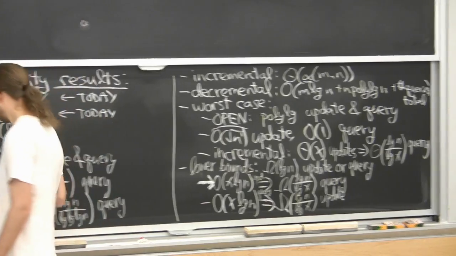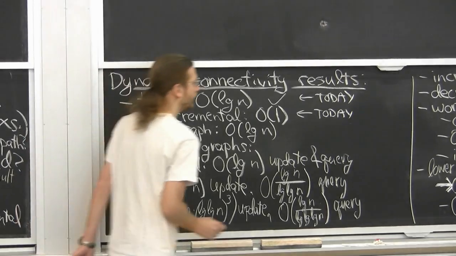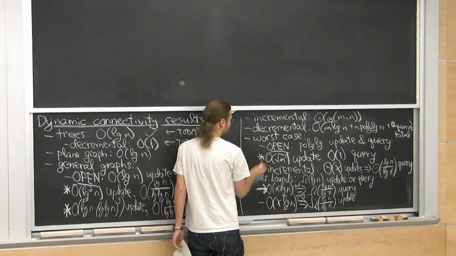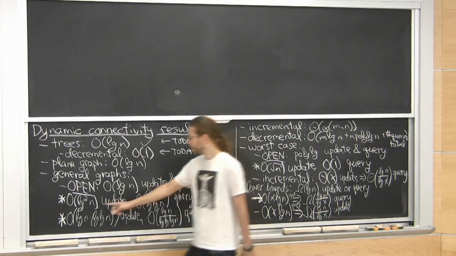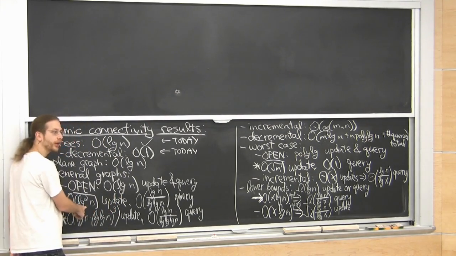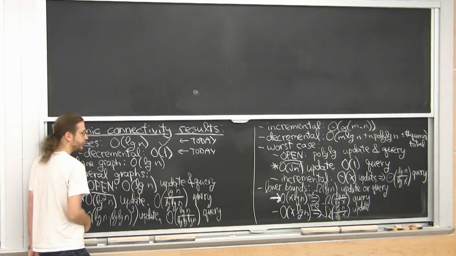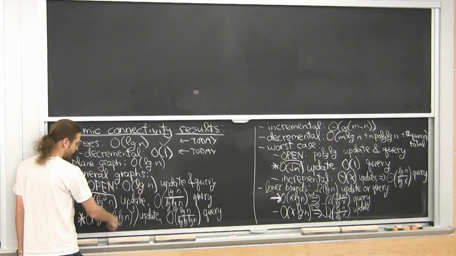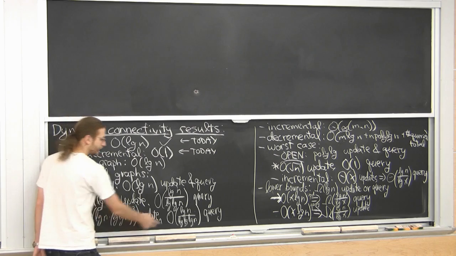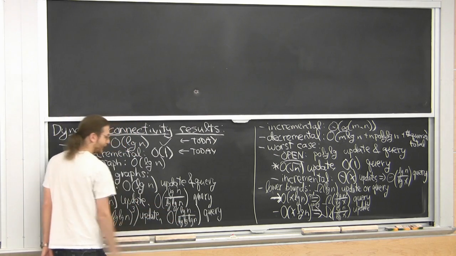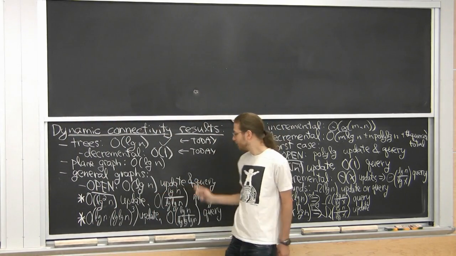Let me show you this result, and this result even are in some sense tight against this update query trade-off. Because if you look at this update, it is log n times log n, so x is log n. And over here we get log n over log n. So that's tight against that. Here also, x is log n cubed. So you take log of log n cubed, you get log n. So that's why there's a log n down here. That's the best you could hope for. Given that update time, that's the best query time you can get.